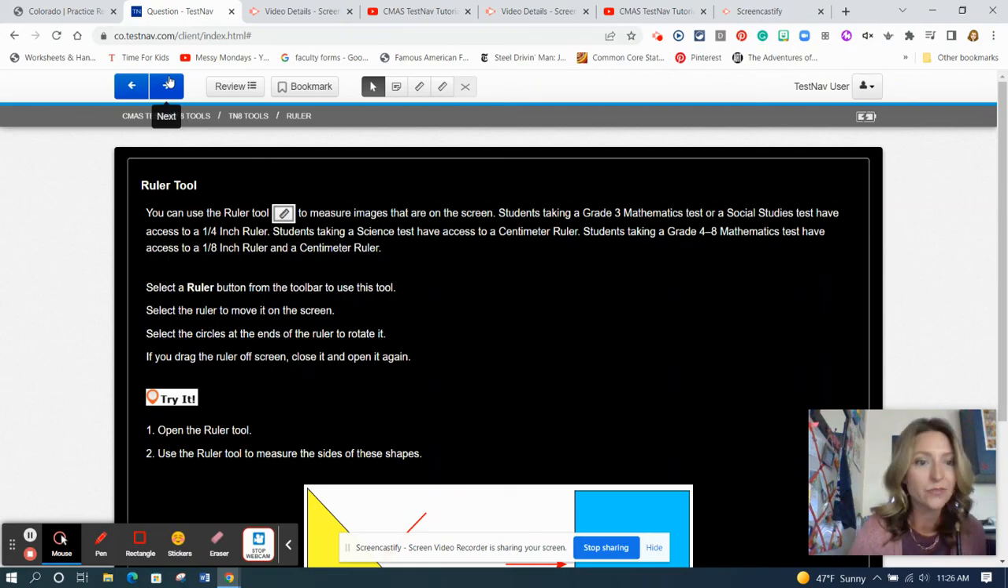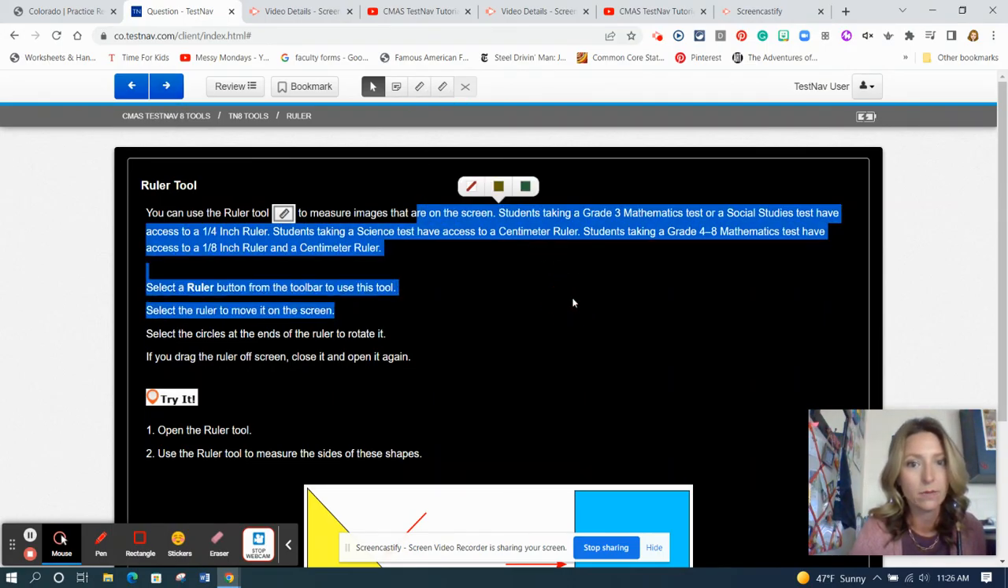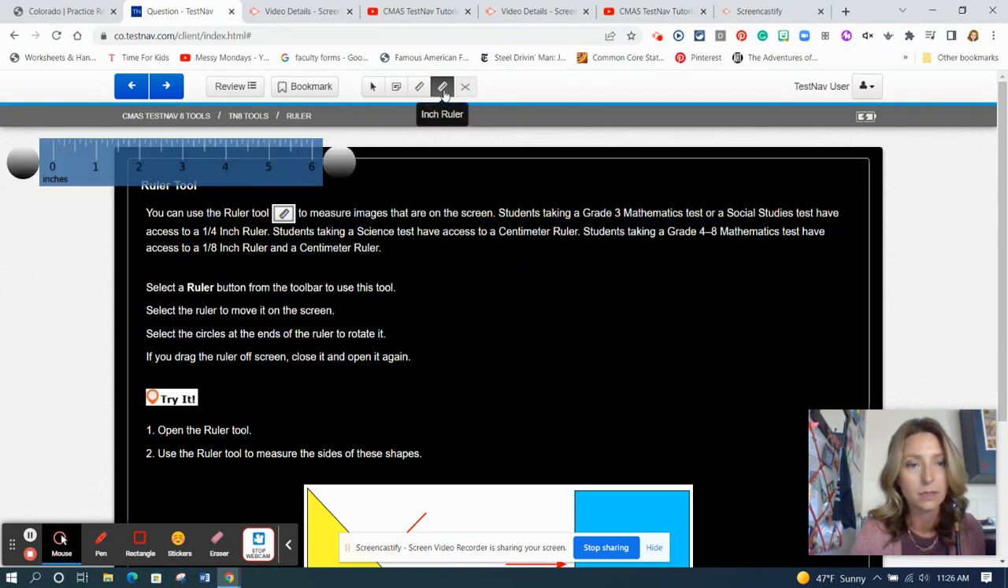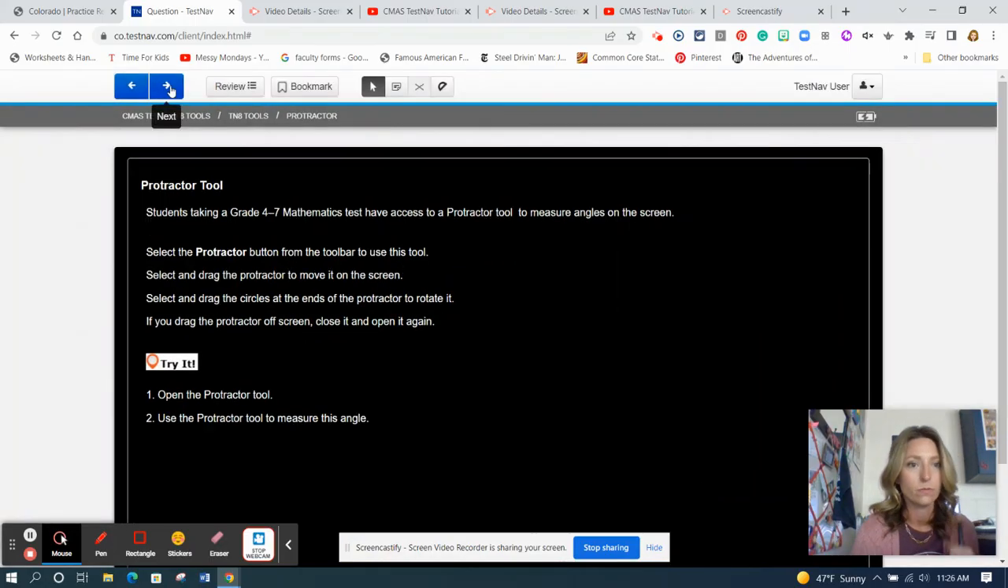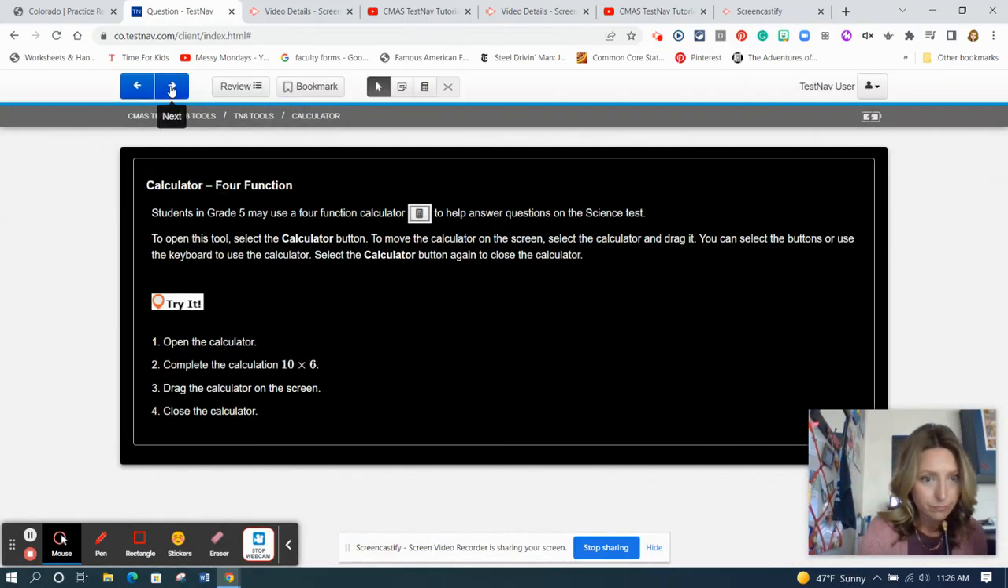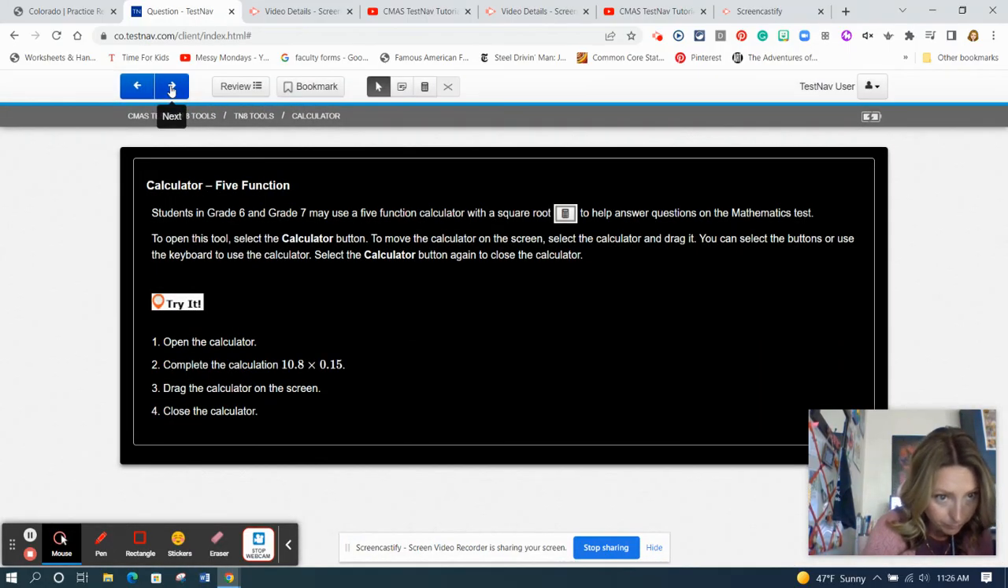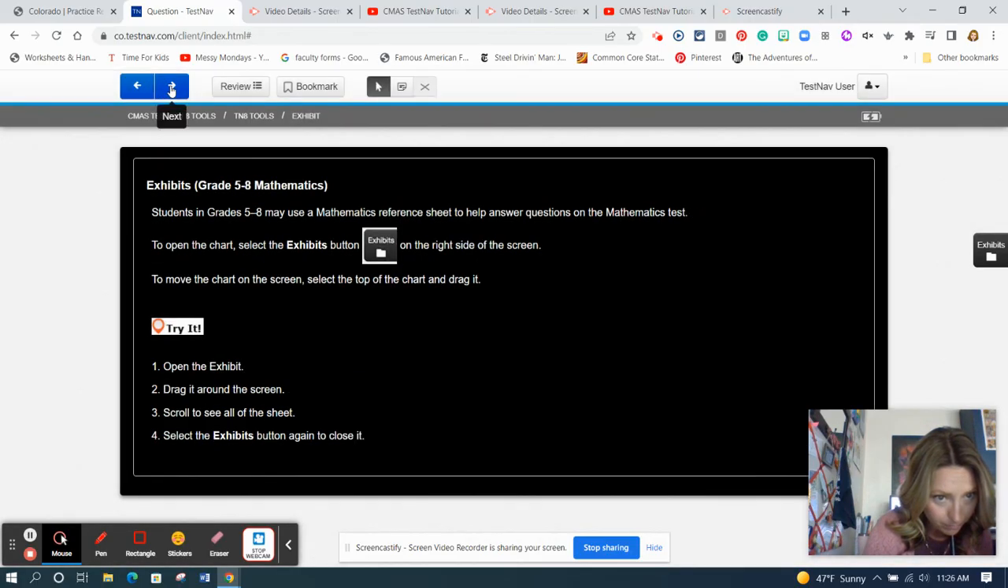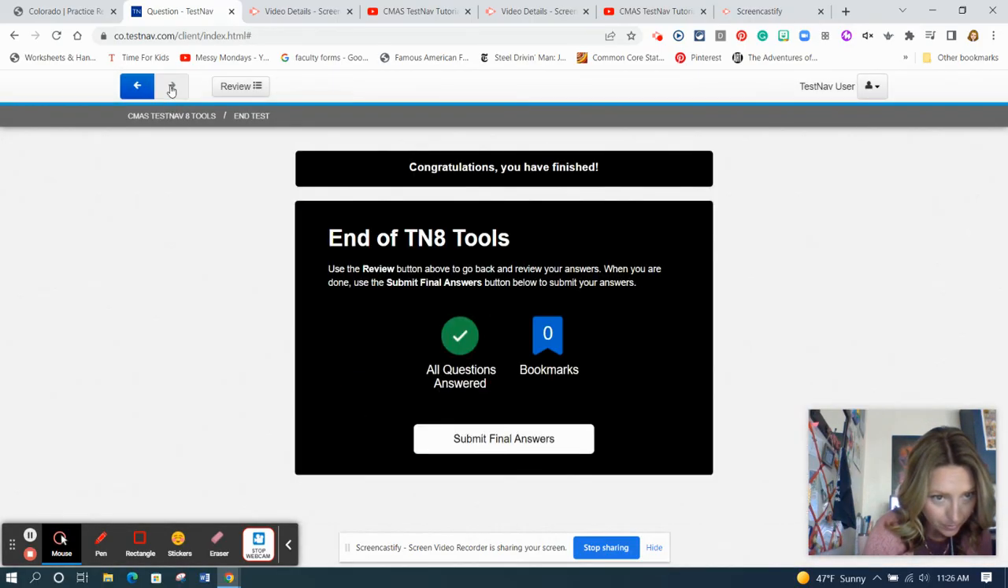The ruler tool is for math. You can see you open it here and there it is. I don't care about the protractor tool. I don't care about the calculator right now. Okay, there we go. So those are all the important tools for